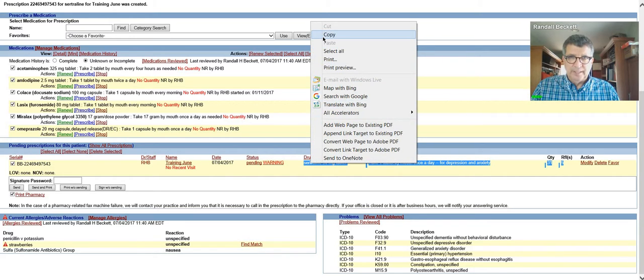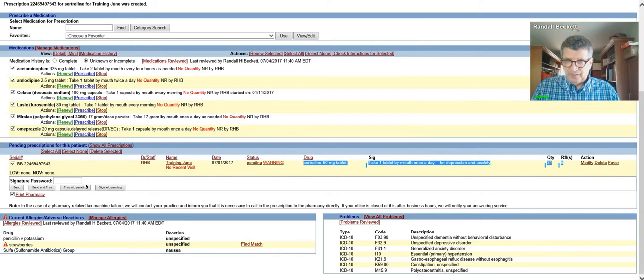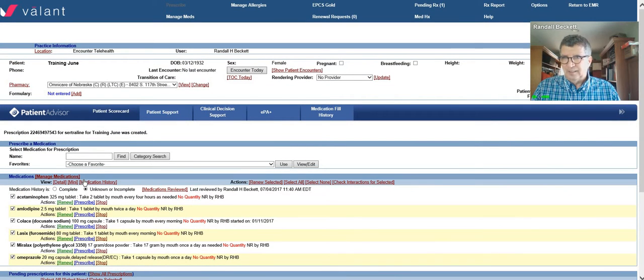So you can put it in the plan, so you don't have to type all that. Okay. And then let's say that there's no pharmacy up here, and you'll get a message saying no pharmacy if you try to prescribe it. Or let's say they say, oh, we changed the pharmacy. So you can click change,